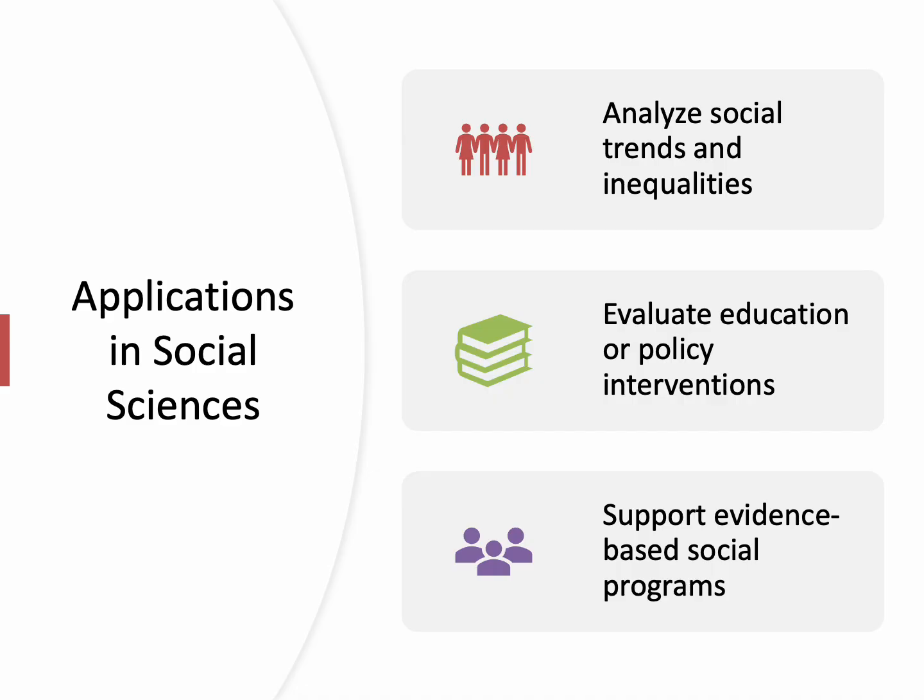These methods analyze social trends, such as income inequality or education access, using data from surveys or census records to quantify patterns. For example, regression analysis might show how socioeconomic status impacts academic achievement, providing insights into social disparities. Evaluating interventions, like job training or education programs, involves comparing outcomes, such as employment rates between participants and non-participants, using statistical tests